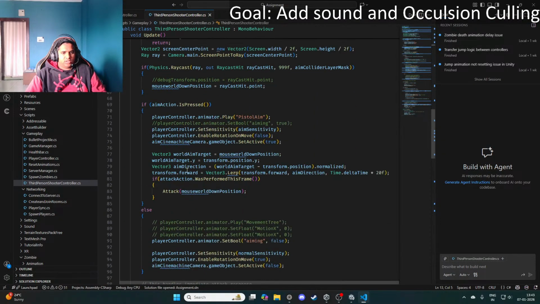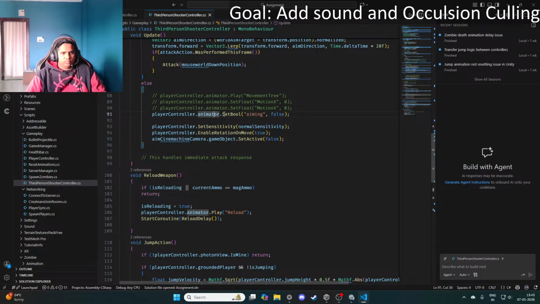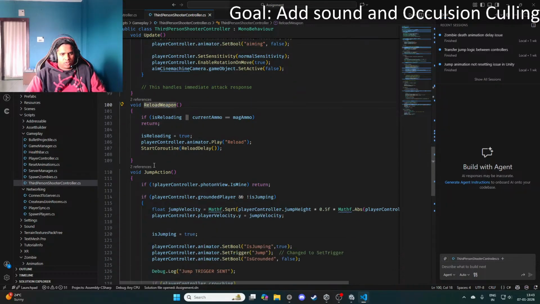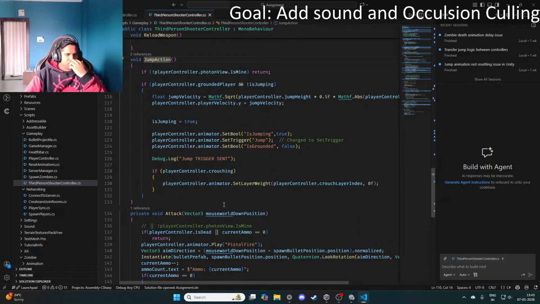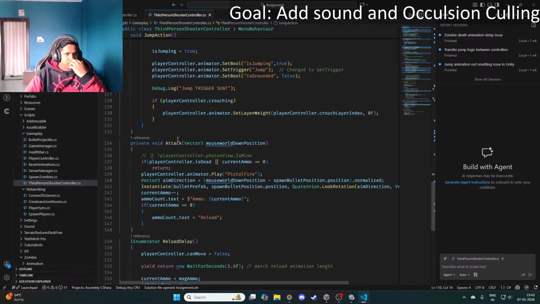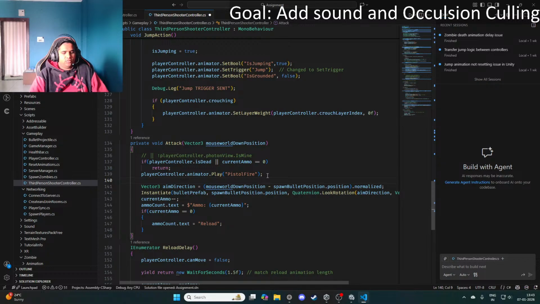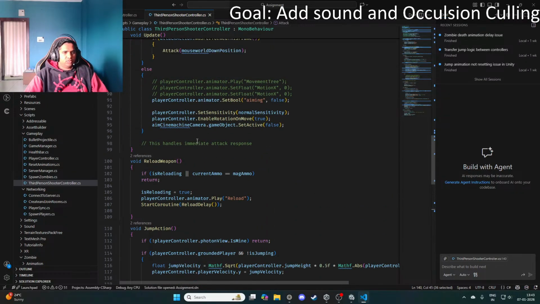Now what I can do is जब मैं लेफ्ट क्लिक दबाता हूँ, अटैक यहाँ पे ना. Do I have access to player controller dot play single audio 0, play gunshot? Yep, that's exactly what I wanted to do. और जब मैं reload कर रहा हूँ,